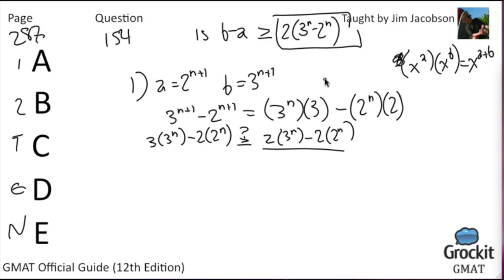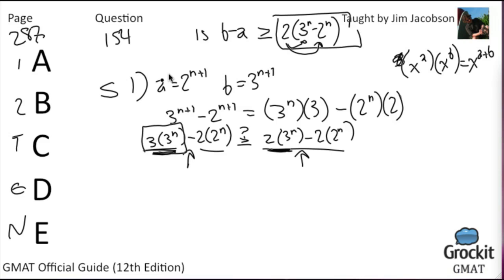Remember, the question was asking us, is it at least twice the value of 3 to the n minus 2 to the n? So we just distributed the 2 over each of those elements. So 2 times 3 to the n is less than 3 times 3 to the n. So whatever number this ends up being, this is going to be a bigger number because we have a larger number in the first part and the same part that we're subtracting. So statement 1 is actually enough to tell us, yes,